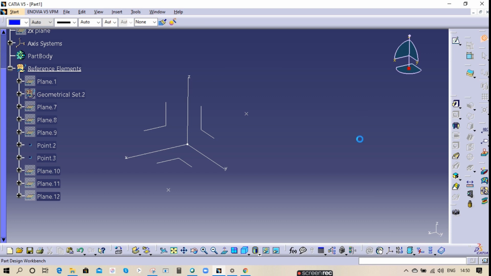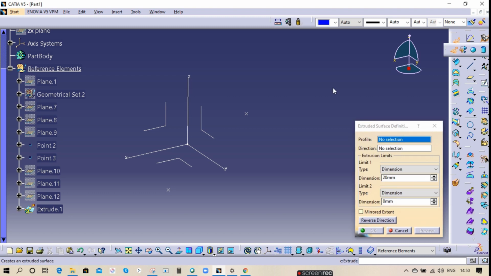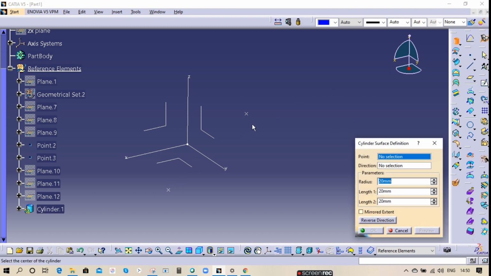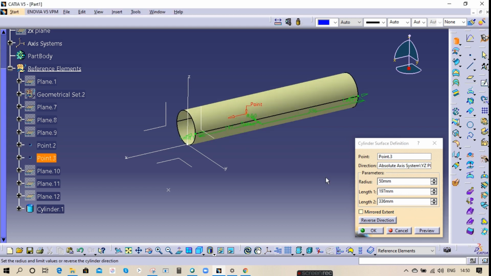I'm going to generative shape design, and I'll take one cylinder. So my point is this, my direction is this. Let's say my radius is 50, 100.